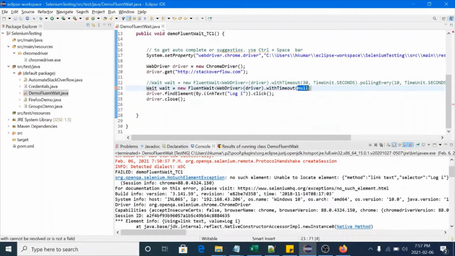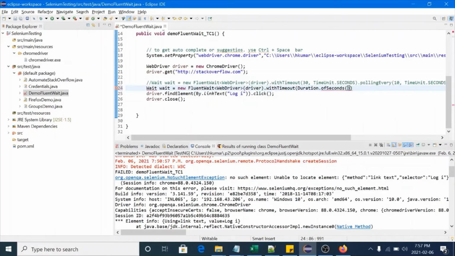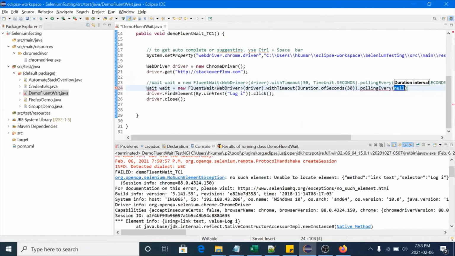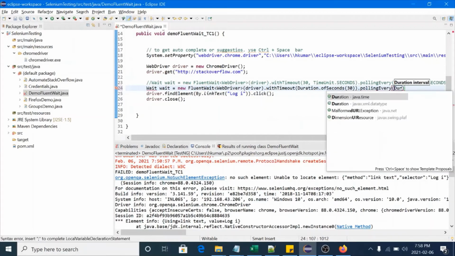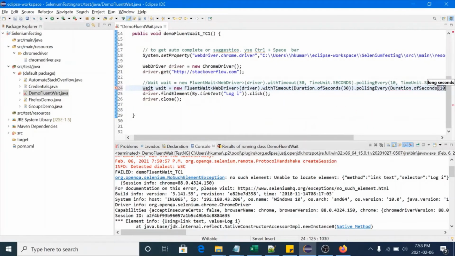Here you have to pass Duration.ofSeconds, and you can pass the amount here. Let's suppose I want to pass 30 seconds. pollingEvery, again Duration.ofSeconds 10 seconds.